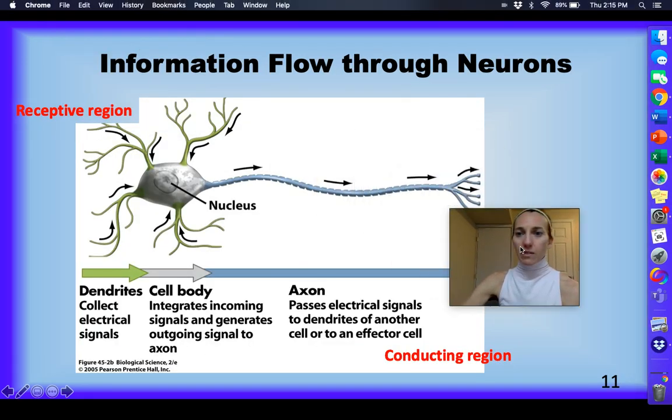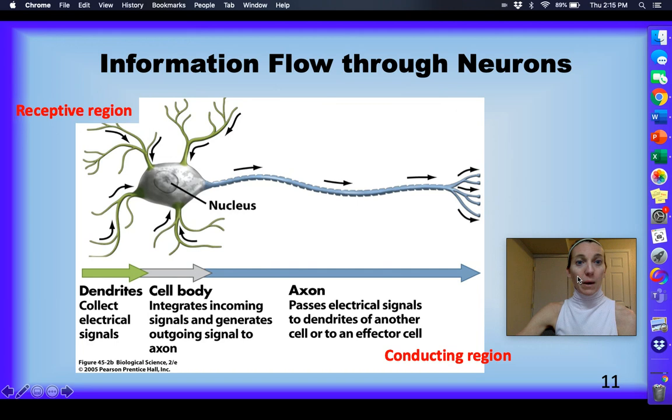Just a different way of looking at the path of information flow through these neurons. So again, your cell body, your axon. Here are your axon terminals with the neurotransmitters at the base. So you can think about this end as being the receptive or receiving end. So I love this graphic because of the way the arrows are shown. So information is coming in through these dendrites, collecting electrical signals. It's integrated through the cell body. We'll talk about the relevance of a structure here called the axon hillock. And then